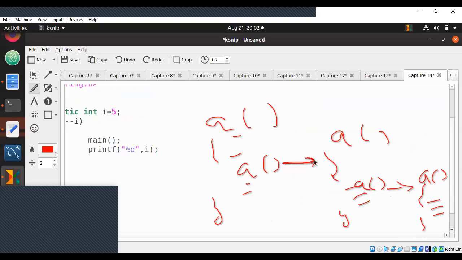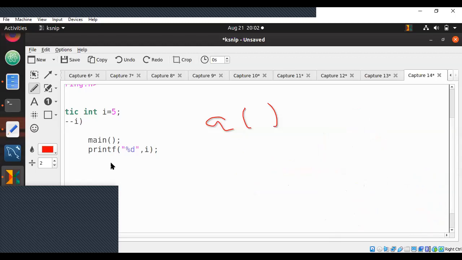First time a function, you're calling second time one more a function. That a function is calling one more a function. If you think of it like this, you can figure out that once third time a function is executed, it will go back to where it was called from. Once second time a function is executed, it will go back to where it was called from. Same logic applies here.